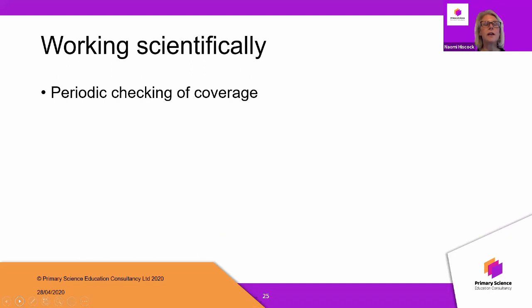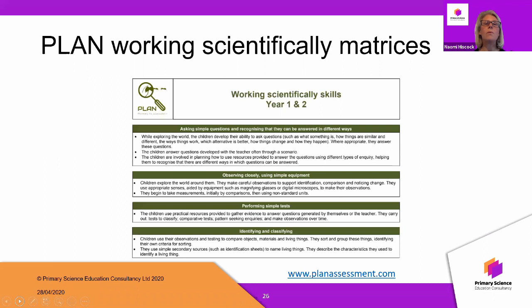With the working scientifically, I think the most important thing is that we actually ensure that we are covering everything properly. So periodically checking which skills have been covered and which haven't, and what I need to build in, is really important. Again, we need to refer back when we're doing our planning and also our assessment to those working scientifically matrices, so that we ensure we are covering each of the skills in the national curriculum, and we're not just forgetting and doing our types of inquiry and not being specific about those skills, but also that the children do them at the appropriate level, using skills in sufficient detail.